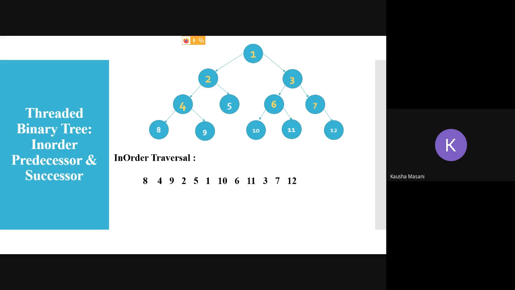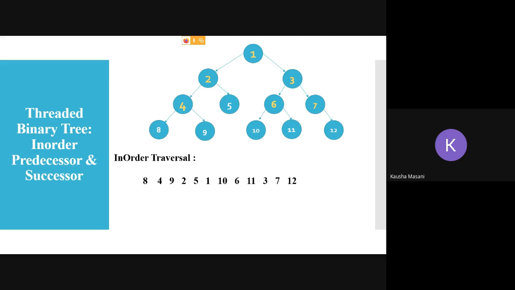Now, if I tell you that you have to find the in order successor. Now see, what do I mean by successor? General grammatical word, English word successor means what? Anyone? General English meaning of successor. After, right?